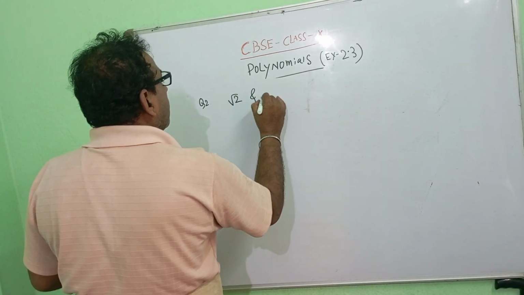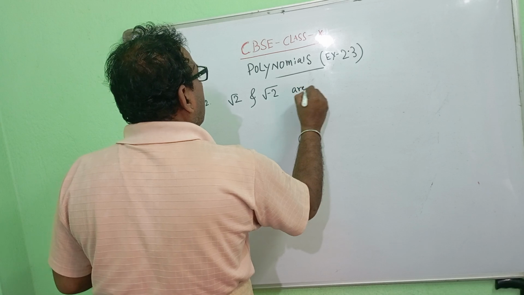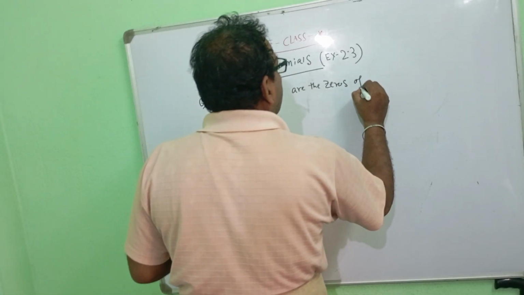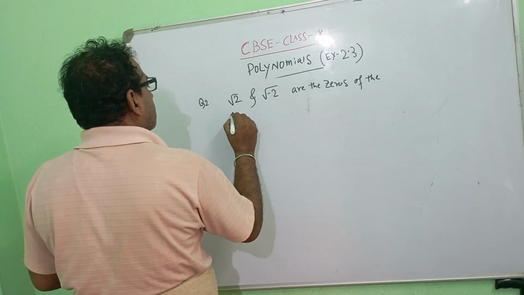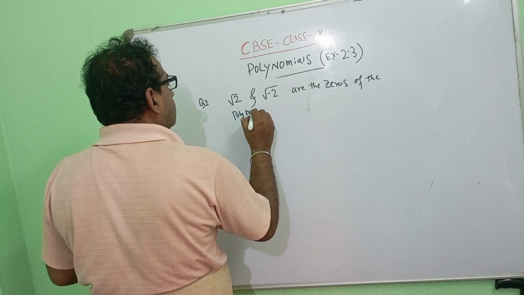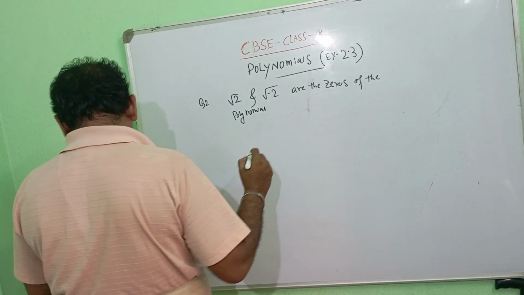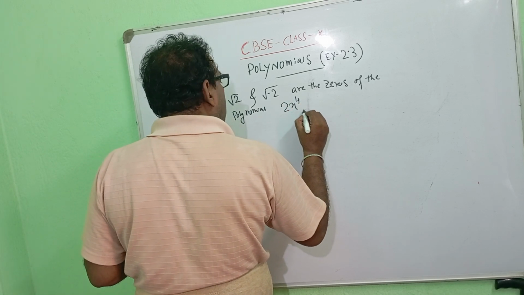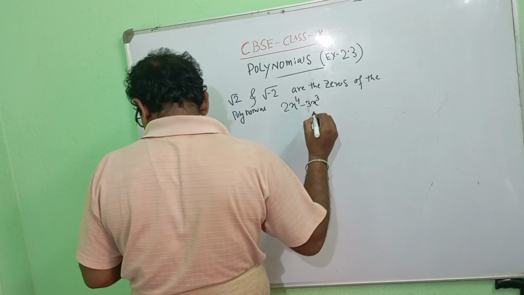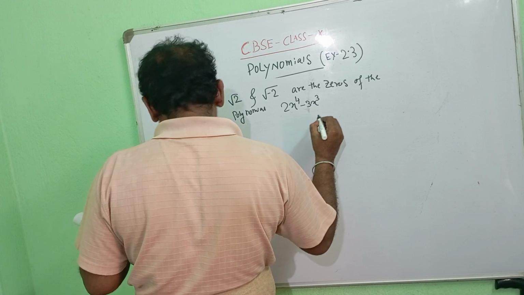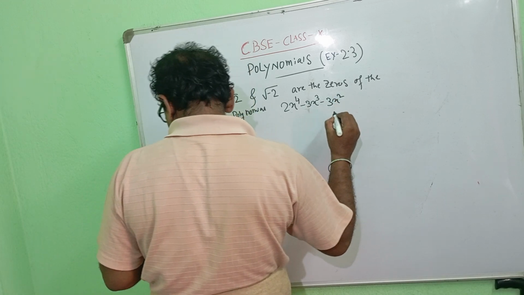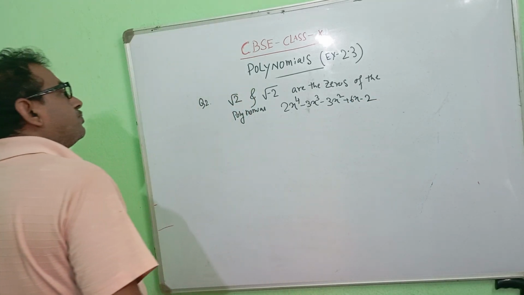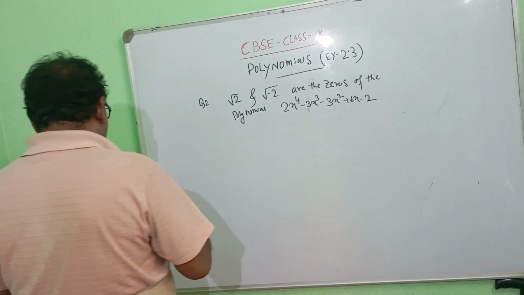Root 2 and minus root 2 are the zeros of the polynomial 2x to the power 4 minus 3x cube minus 3x square plus 6x minus 2. Now, when you start the answer,